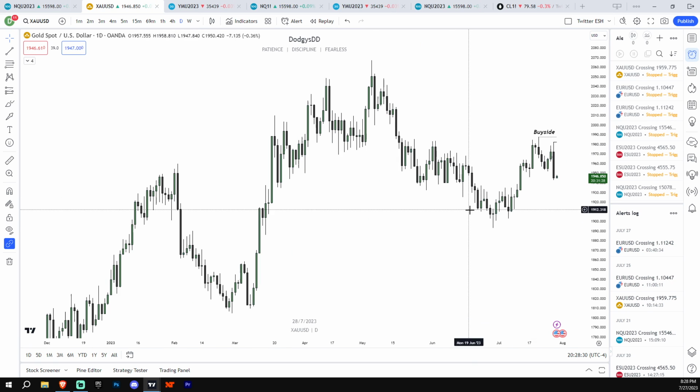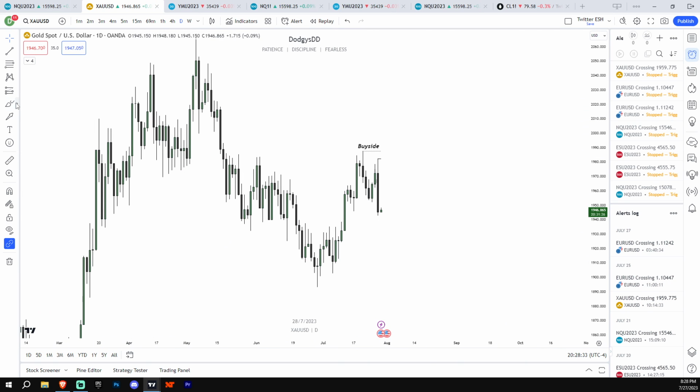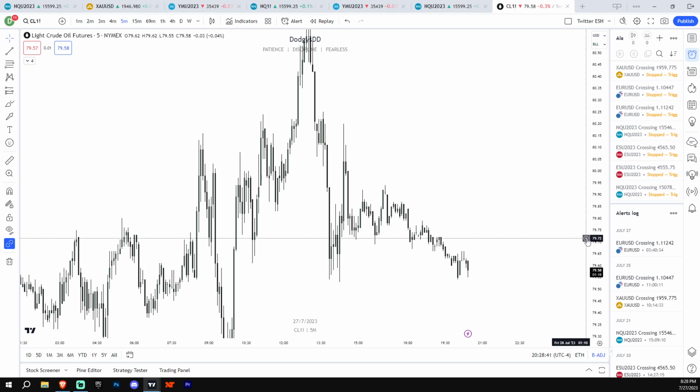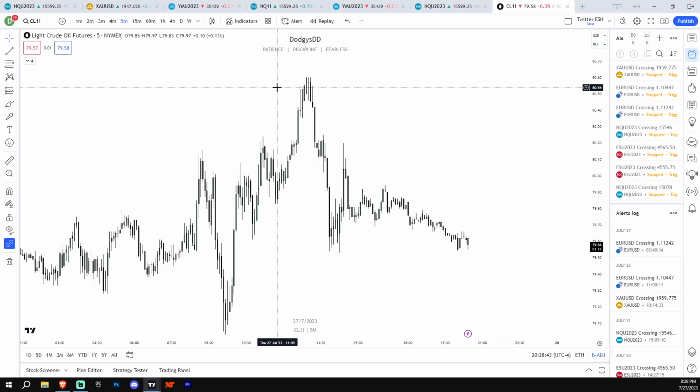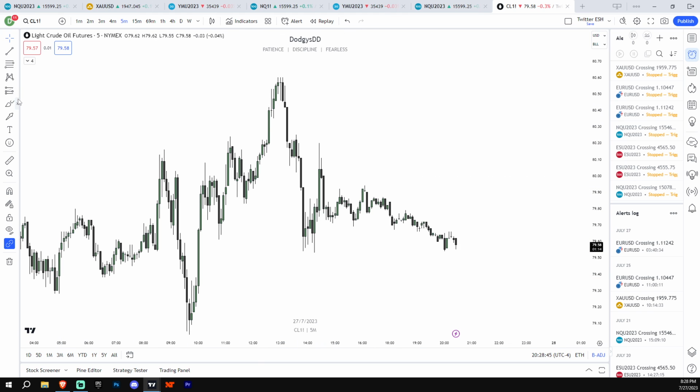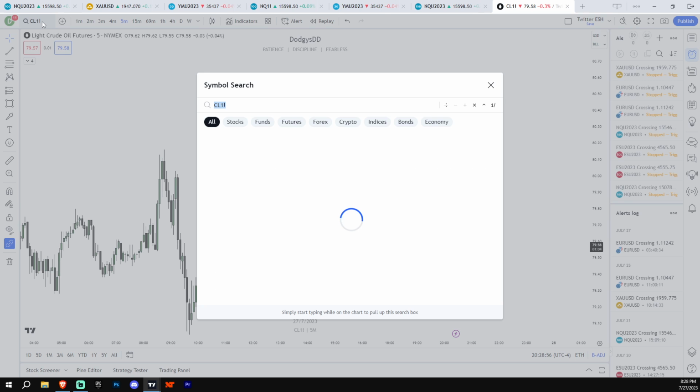And then I'm watching this weekly fair value gap on gold as well. It's also an inverse. I'll be looking for a long setup from this. Oil was clean today. You can see this oil got inverse right here. Got another bearish fair value gap here and another BPR right here. So clean shorts on oil today.